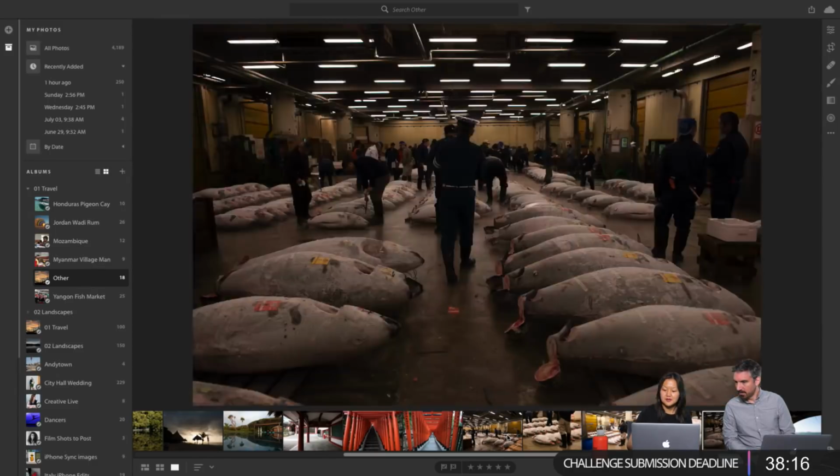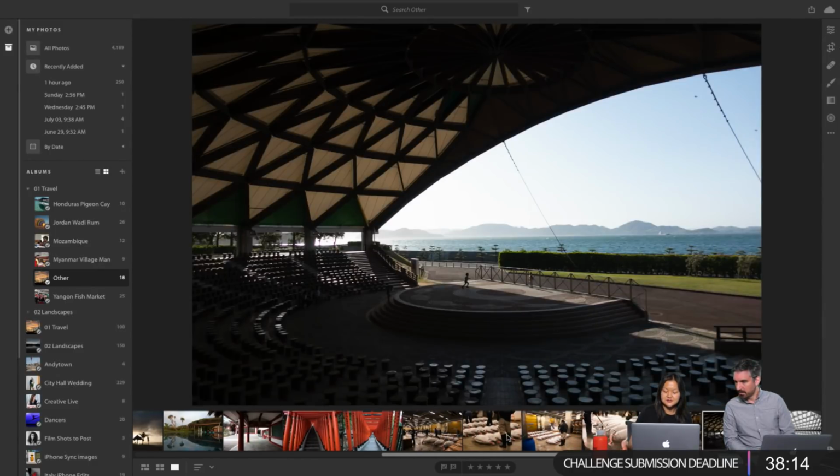And then at the end, I just had a couple. Sorry, this is from Japan as well. This is out near the Art Islands, so Naoshima, Teshima, Shodoshima in the southwestern part of Japan. They have a big art festival at the Art Islands, so I was there going to the festival, and this was one of the stops. I don't think we were actually on an island for this one.